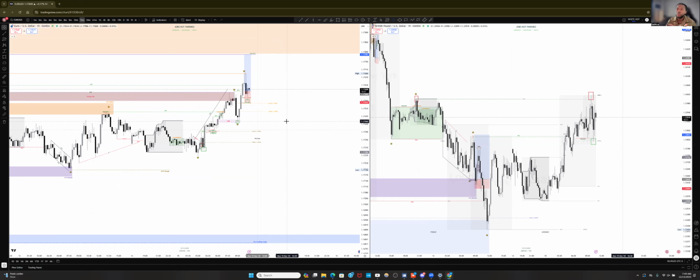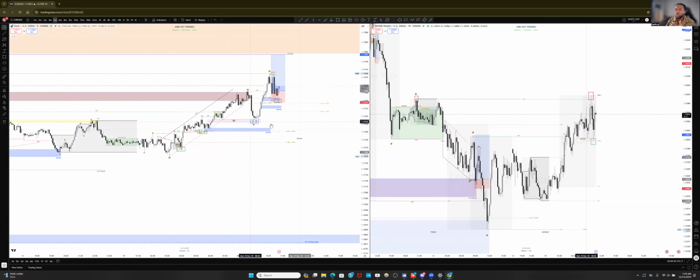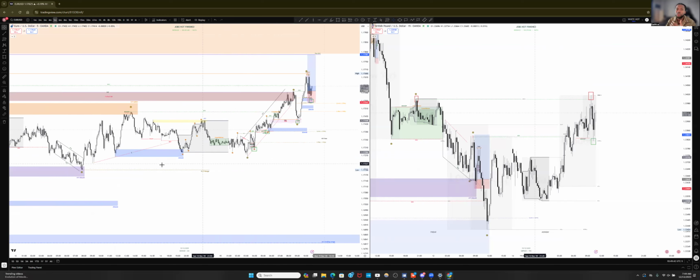That's what I would speak on for the overall lessons from this session: understanding the control, the inducements, who's leading the show. From this range here, you can see we've had buyers push above, price came back down, swept, induced these lows right here, gave us a buyer inducement that pushed up, came back, another buyer inducement that pushed up, did another build-up here, gave us another buyer inducement that pushed up, came back, gave us an inducement of these lows on a lower time frame, it's more clear, gave us an inducement of these equal lows to continue. So we can see several buyer inducements were leading the show.